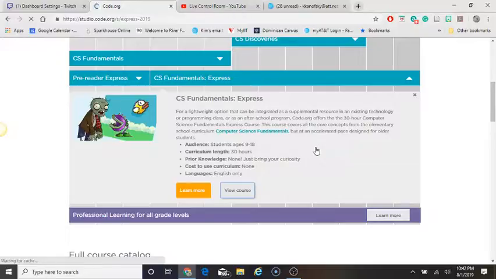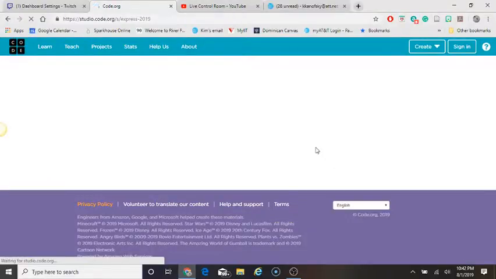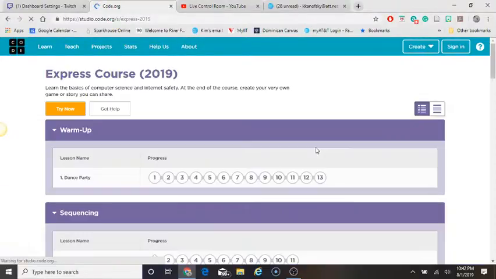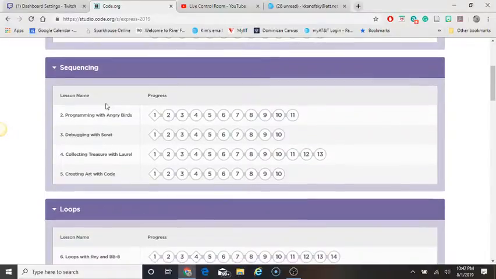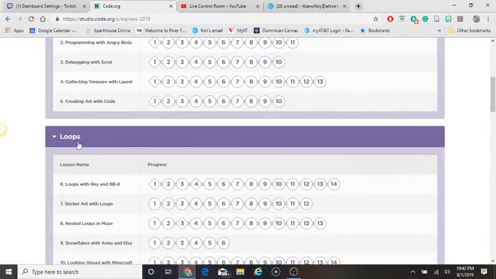Now, when you're working with students, you should choose the course that's best for you and your students. This course that we're looking at is designed for high school students with little to no experience, but it offers a more advanced set of lessons to follow. And when we walk through this, it shows us that there's a warm-up, and then it goes into lessons about sequencing, and gives us several different lessons with several different puzzles, and then on to loops,